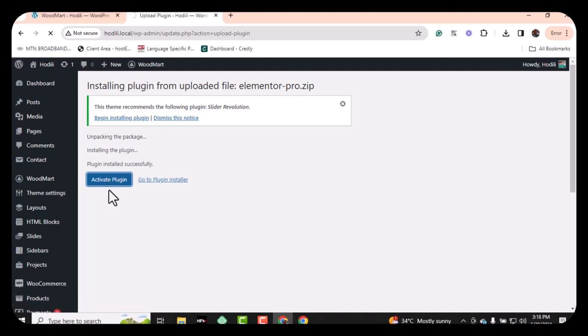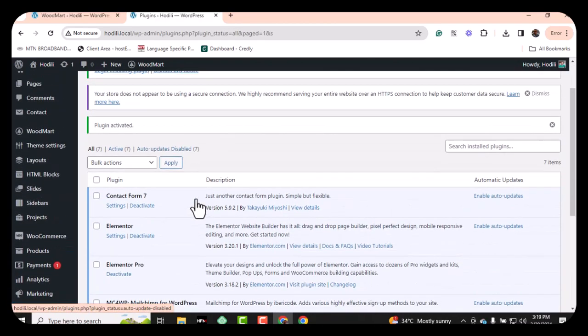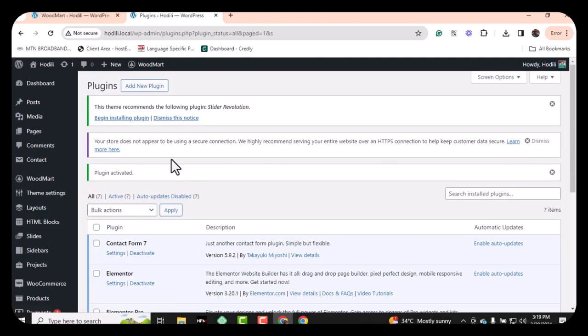So we have the free version and the pro version of the plugin installed for the full functionalities that come with it. Now there is a notice here. The team recommends the following plugin: Slider Revolution. So we have to